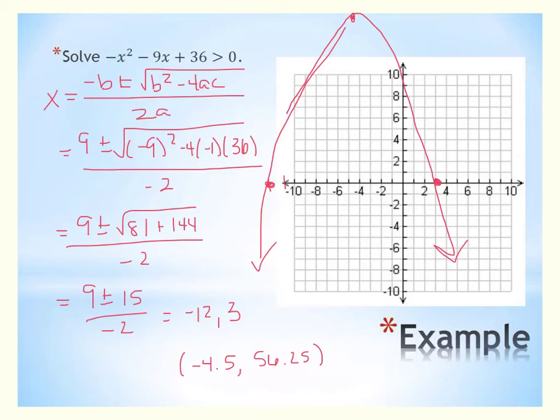Okay, so there's my graph, and I'm looking for where this is greater than 0. This is where it is greater than 0. Okay, it's an and statement again because it's between those two endpoints. This time though it's not equal to, so it can't be equal to the endpoints. But we're going to say -12 less than x less than 3. That is your answer. In case you can't read that,